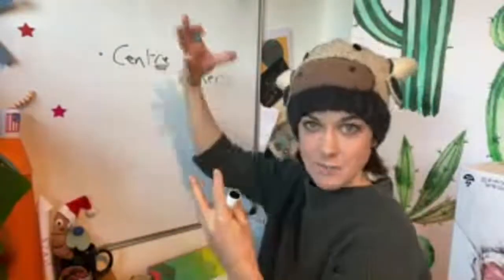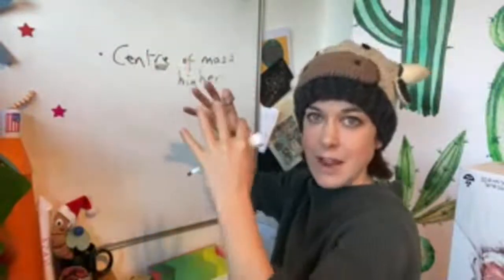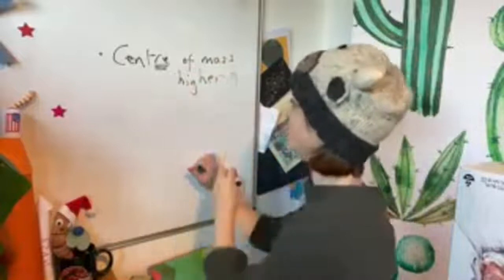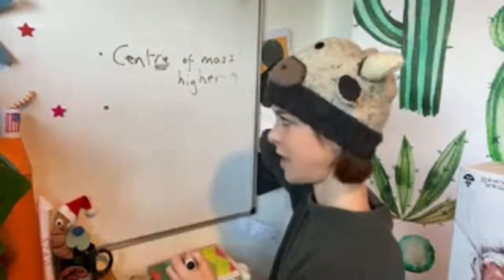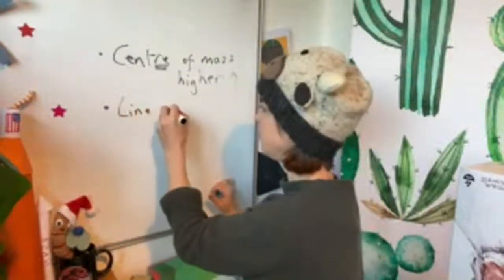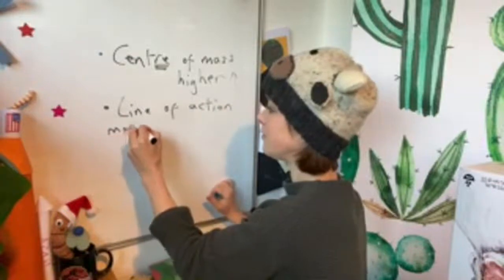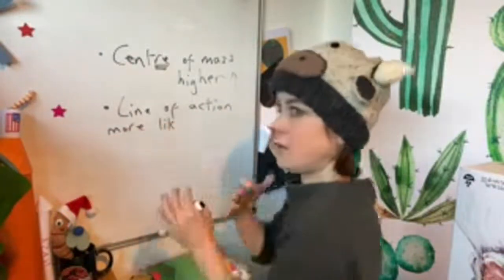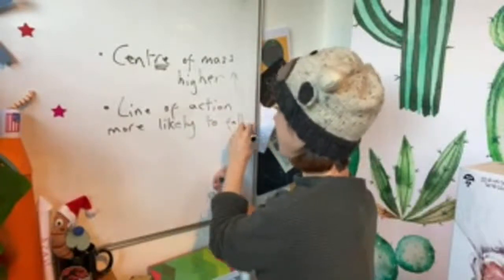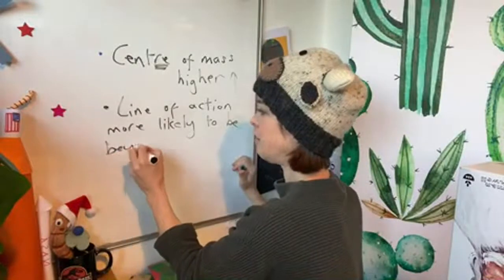Centre of mass is higher, right? If people are standing up on the bus, then the centre of mass of the bus, on average, there's more mass higher up in the bus, right? So the centre of mass is higher or moves upwards. Therefore, well, I suppose you could put line of action is more likely to fall beyond the base. More likely to fall, to land, more likely to be beyond base